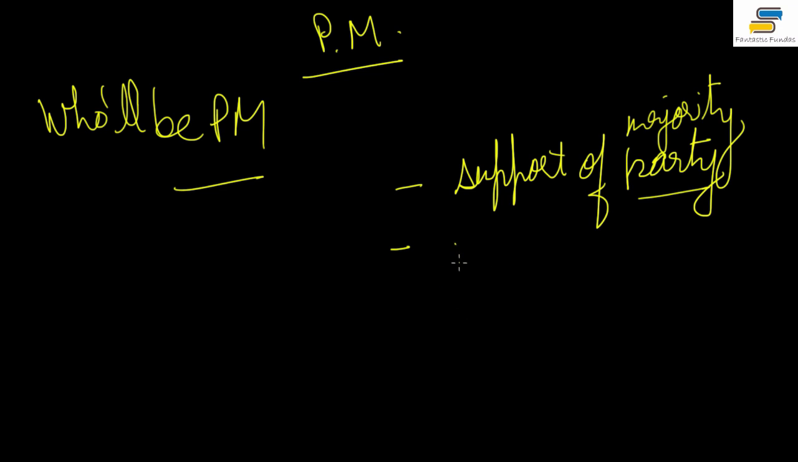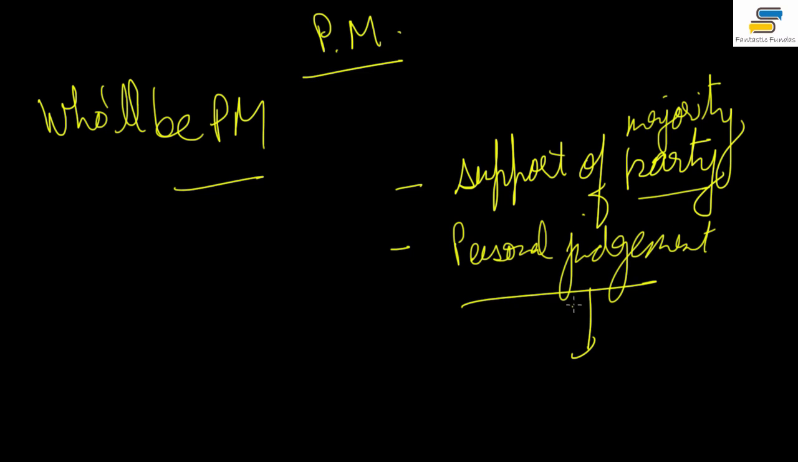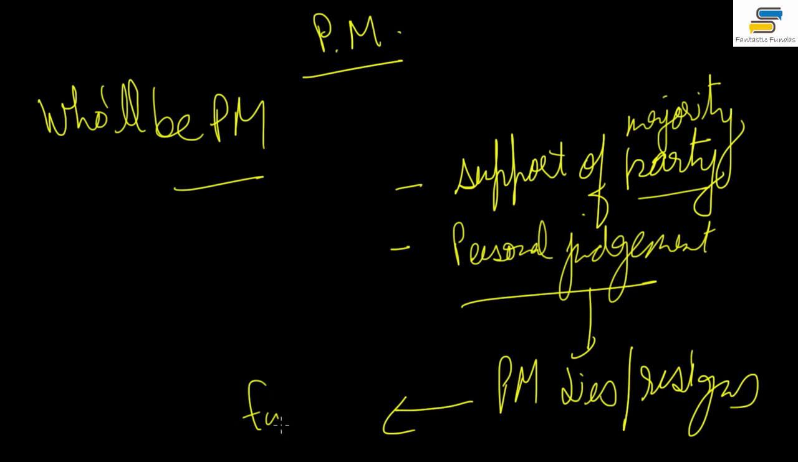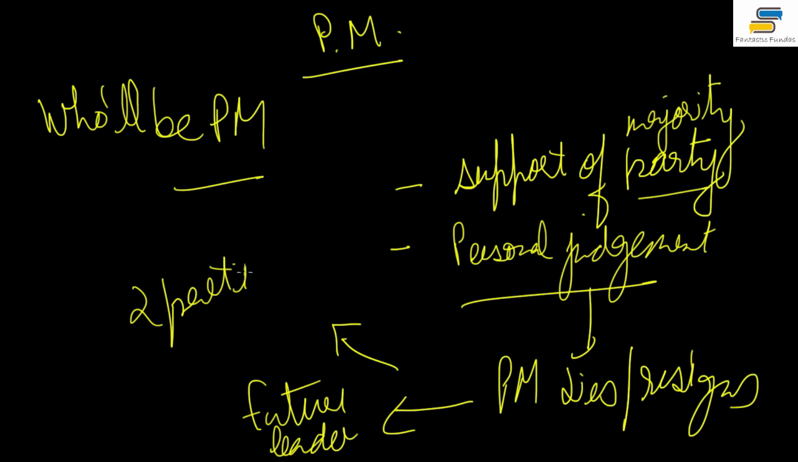What are those circumstances when he has to use his personal judgment? For example, when the Prime Minister in office dies, or suddenly resigns, and there is no future prime minister or recognized leader of the party, or there are two parties now claiming majority. Because of all this, or because there is no recognized leader, as I told you,